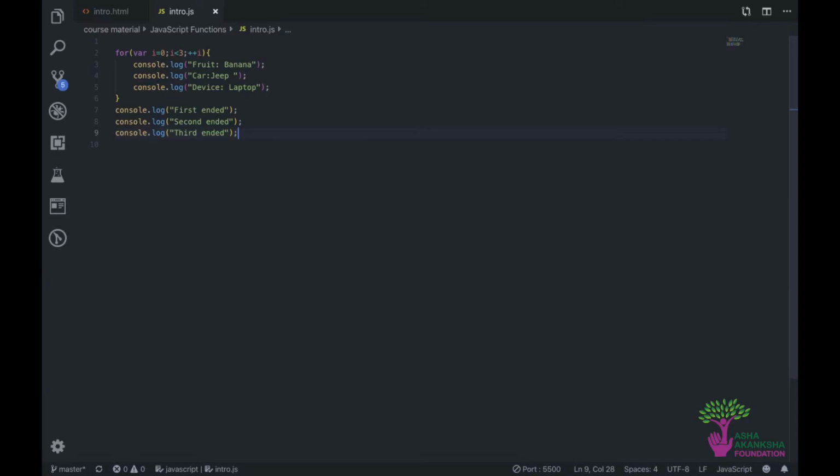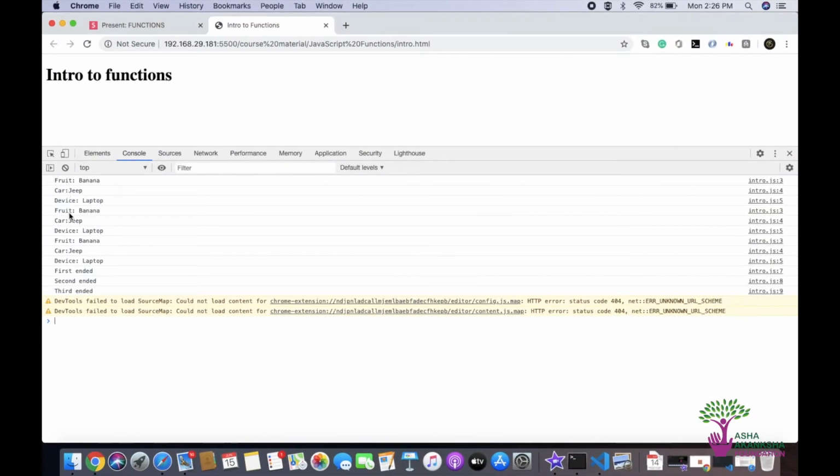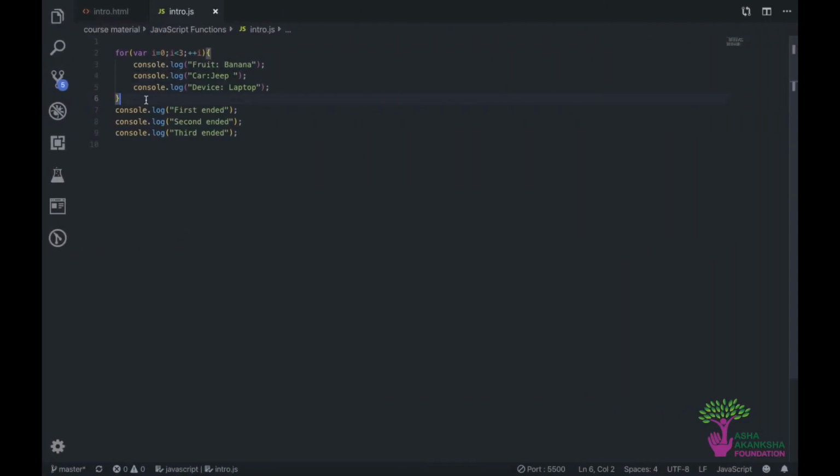So now in this case, you cannot simply use a loop. Why? Because a loop will actually print them one below the other. If I refresh, I see everything is printed one below the other, and then we get first ended, second ended, third ended. This is not what we want. We want the first ended to be after this line, second after this line, and third after this line. So to do something like that, the crude solution would be